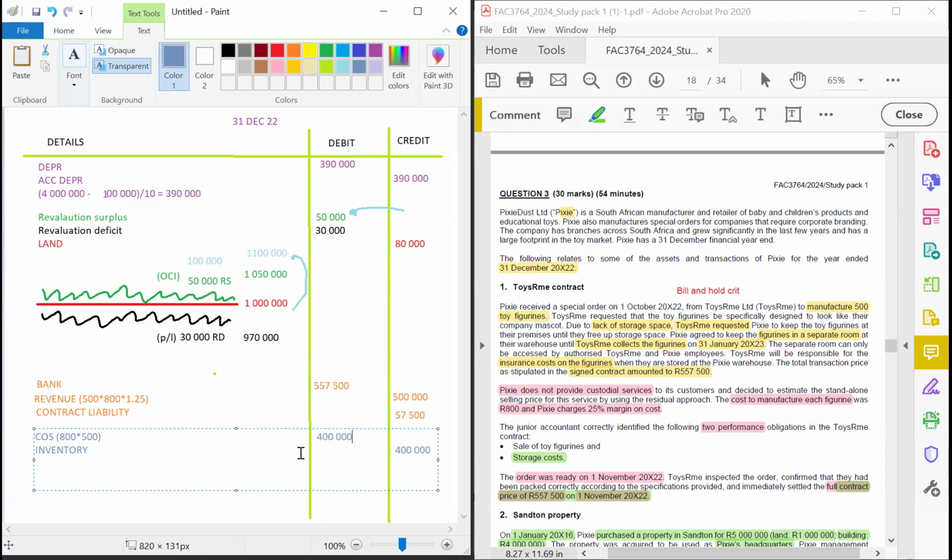But when you are writing your test, do not write COS. You would normally be penalized, not getting the mark. You need to write in full: cost of sale. Just like here, do not write depre. Write the full word, depreciation. Here, accumulated depreciation. Do not use these abbreviations I'm using. Here, I'm just doing them to save myself typing time, right? So now,